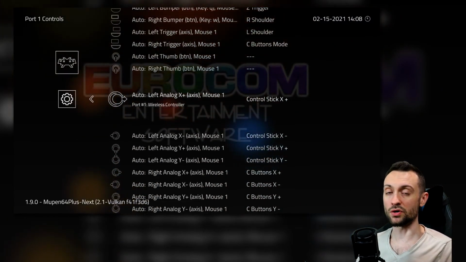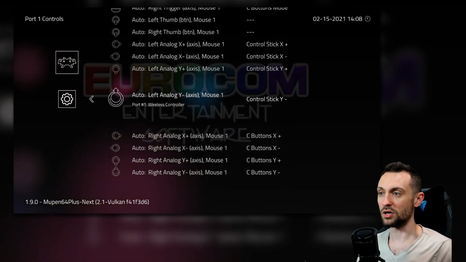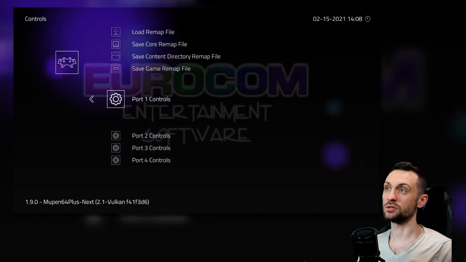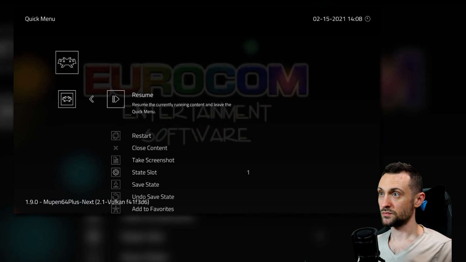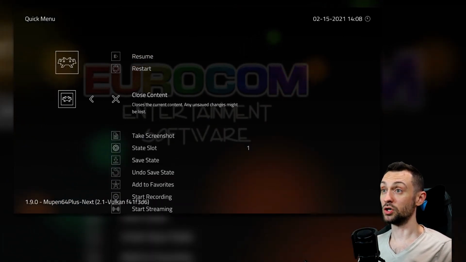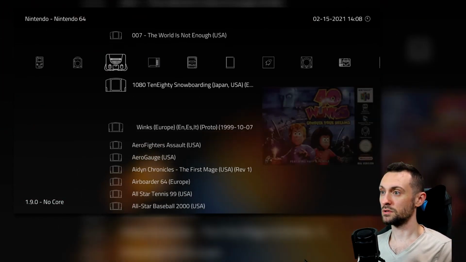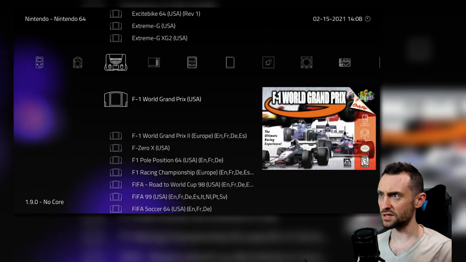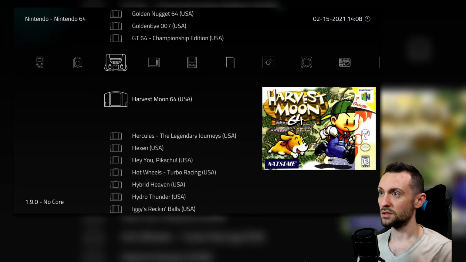C buttons, it's going to by default map to your right analog stick, so you probably don't have to mess with that. Just to give you an idea, if you want to remap a controller, that's where you'll go. You can also close your content here. So if you want to close, I'm playing The World Is Not Enough, and be like, oh, whoops. I meant to play an actual good game, like GoldenEye. So I'm going to scroll down. Oh, by the way, R1 will cycle between letters. You can go F, G, H, stuff like that. But yeah,